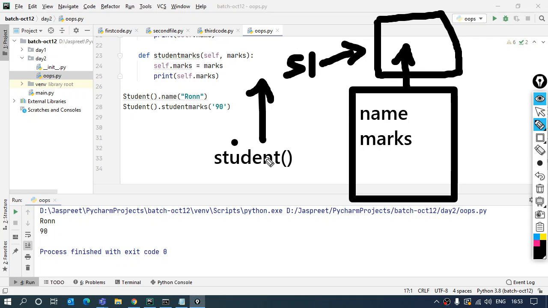Whichever data I want to store, I can store it in the S1 reference, which is stored at some other location. And when I have to get that data again, I will be using this reference. So this is not an object. The object is here. This is the reference which is storing the data of that particular object. This is the difference between an object and a reference to an object.